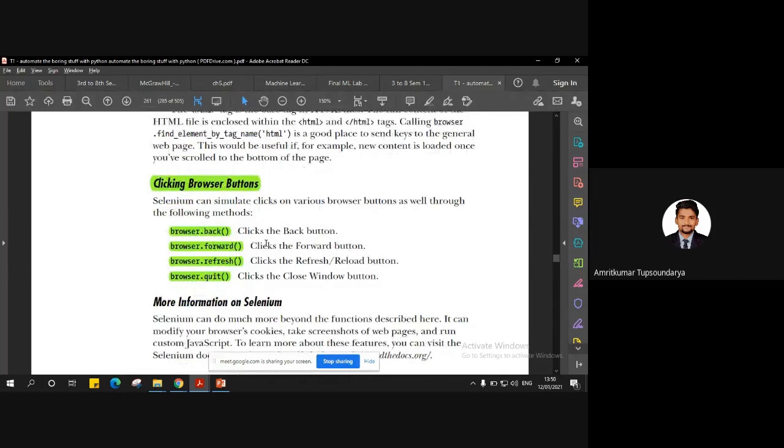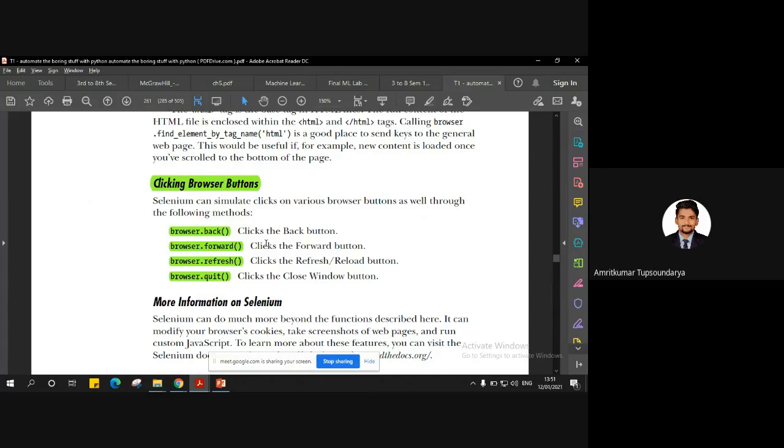So once we have those special keys, now let us go further and explore more about clicking the browser buttons. Now, what do I mean by the browser buttons? Browser buttons are nothing but the controls that you usually see at the top of a particular browser. You will have a refresh button, a back and forward button, and maybe the close window button, right?